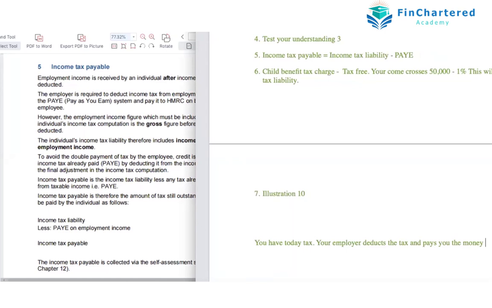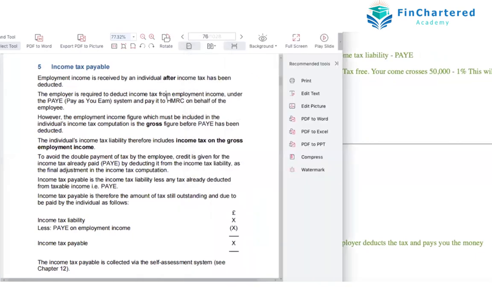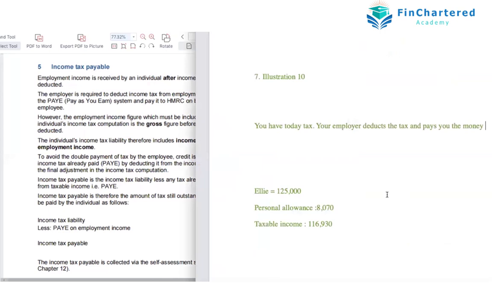So in this case, your tax has already been deducted. So employment income is received by the individual after income tax has been deducted, right? So that's why, from the income tax liability,